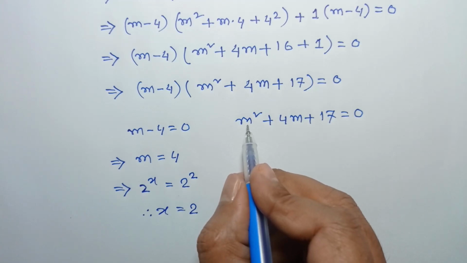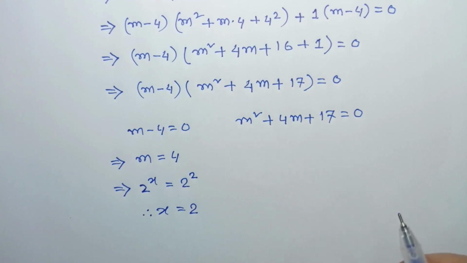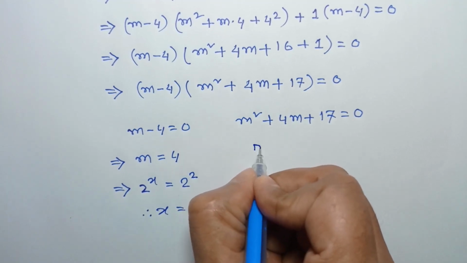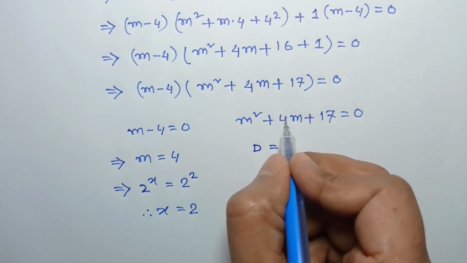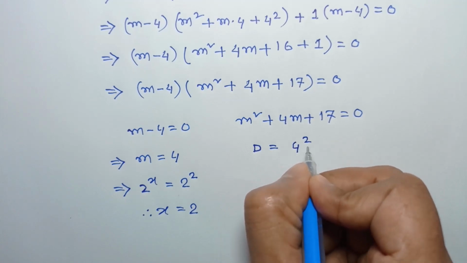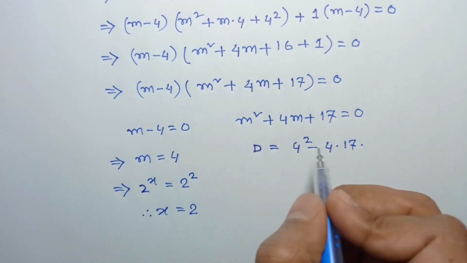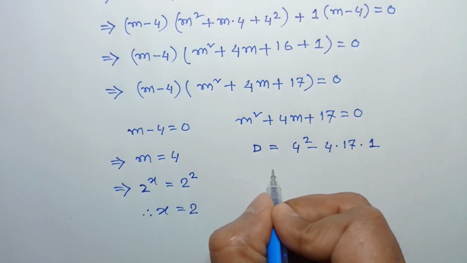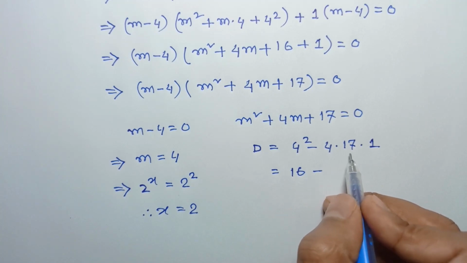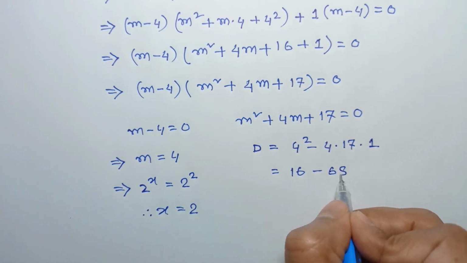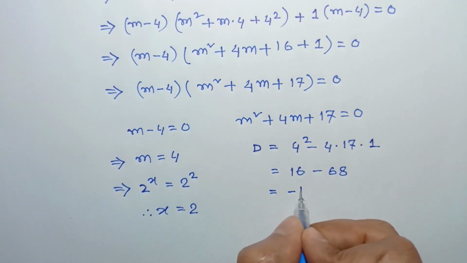Again from here, m square plus 4m plus 17 is equal to 0. This is a quadratic equation. The discriminant of this equation is b square minus 4ac. Here b is 4, so 4 square minus 4 times c is 17 times a is 1, is equal to 4 square is equal to 16 minus 4 times 17 is 68, is equal to 16 minus 68 is negative